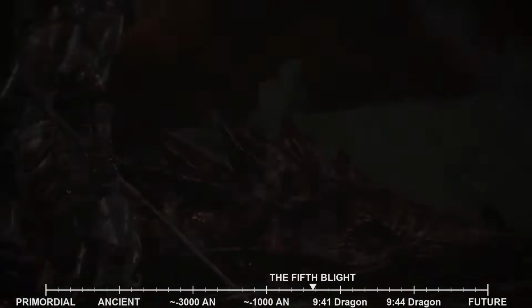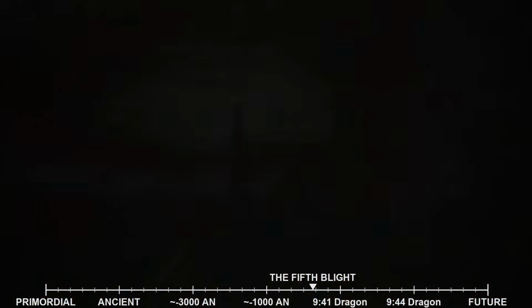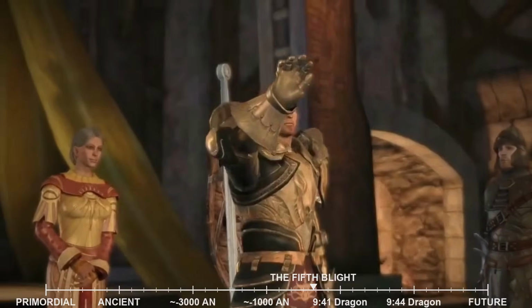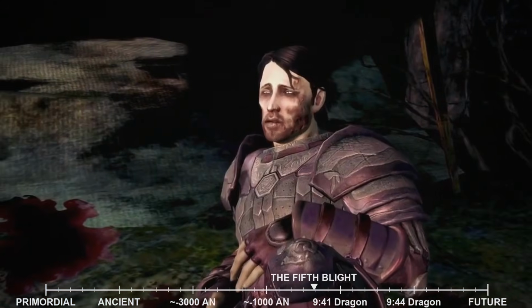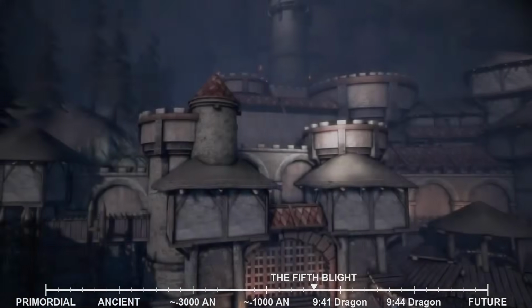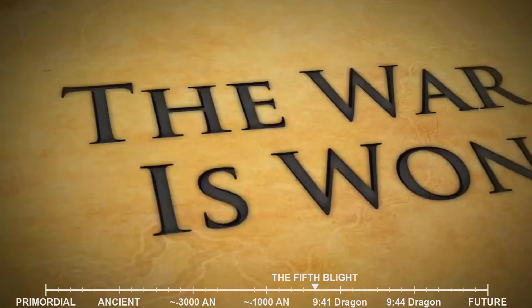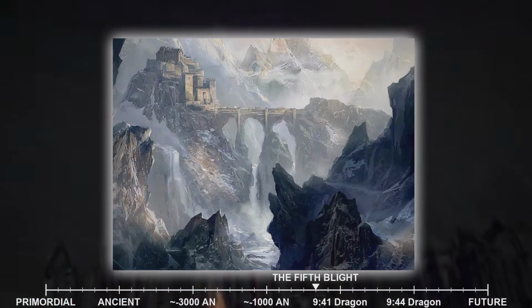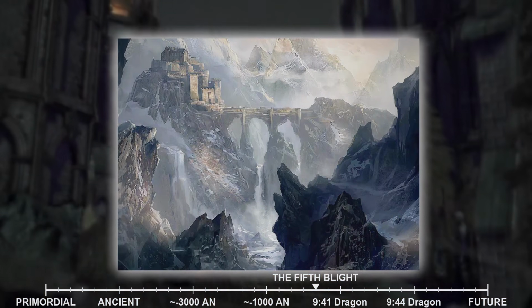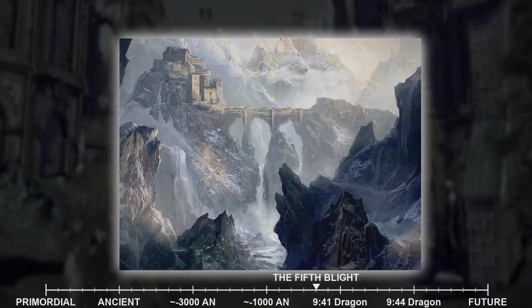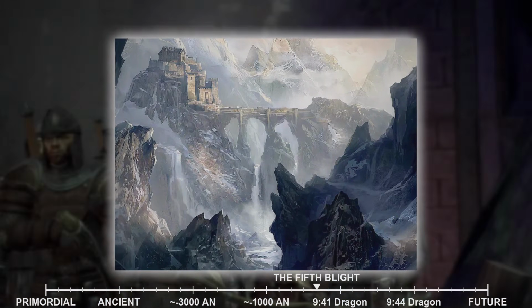The Warden Commander is thus presented with a profound moral dilemma: to kill the architect, ending his dangerous experiments but potentially dooming future generations to the relentless cycle of blights, or to allow his controversial research to continue, hoping for a long-term solution at a terrible cost. This choice highlights the complex ethical landscape of Thedas, where even the most monstrous of creatures might harbor intentions that, while twisted, aim for a greater good.